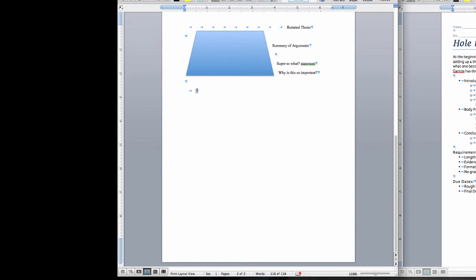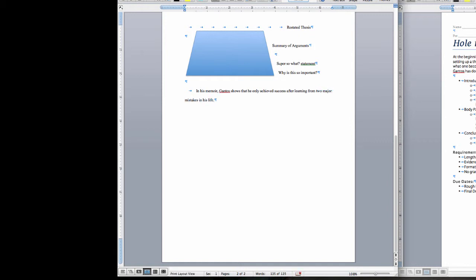And I might say something like, in his memoir, Gantos, if I spell his name right, Gantos shows that he only achieved success after learning from two major mistakes in his life.